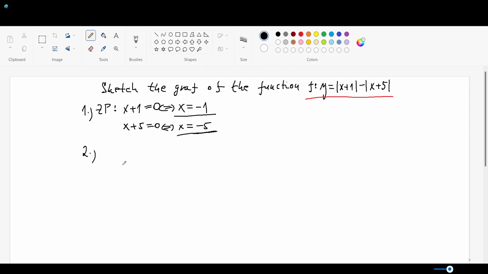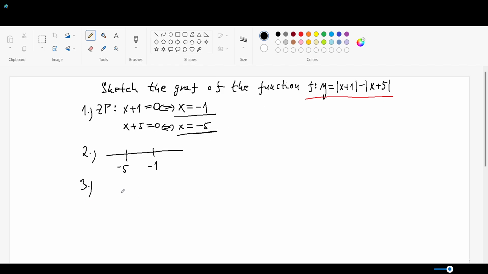The second thing was that these 2 0 points will split my number line into 3 parts now, because here is my -5, here is my -1. 3 parts means there will be 3 intervals,